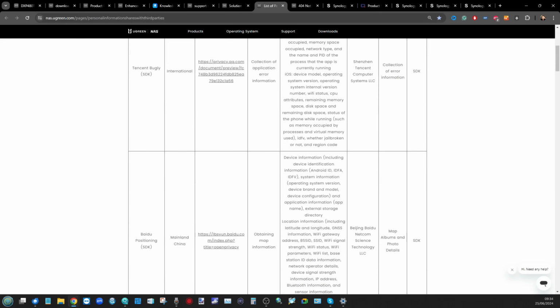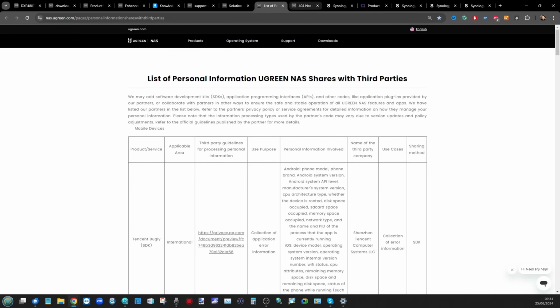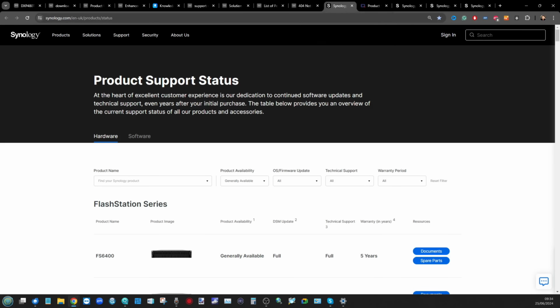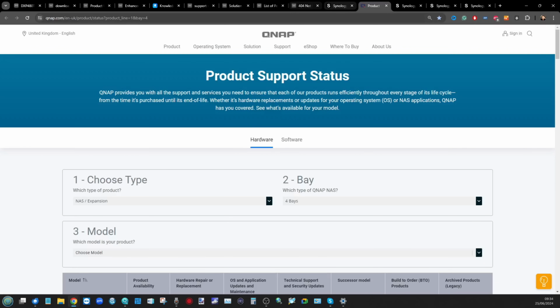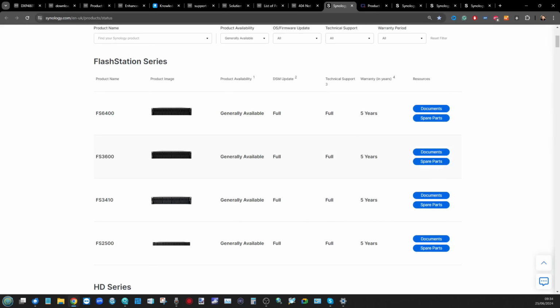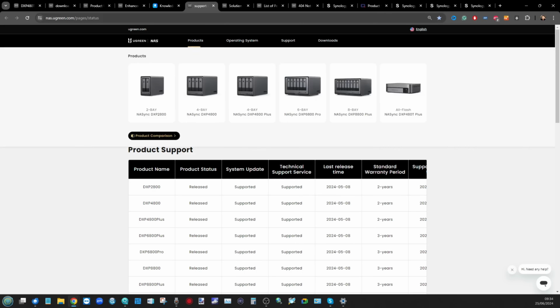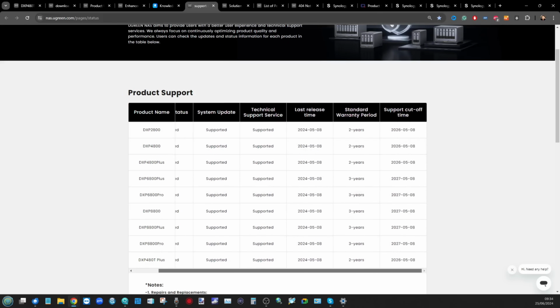But I'll go into more detail on this very, very soon when I dig into it a little bit more. Ultimately, when you look at the support status pages of, say, Synology and QNAP and how long they support their software, it's all largely the same. Although I would say I am slightly curious about some of these support cutoff dates. 2026, 2027 feels sort of short, I would argue, when we're looking at some of the products rocking out here